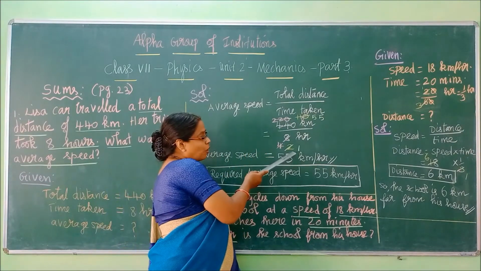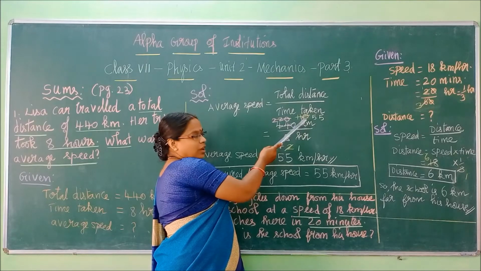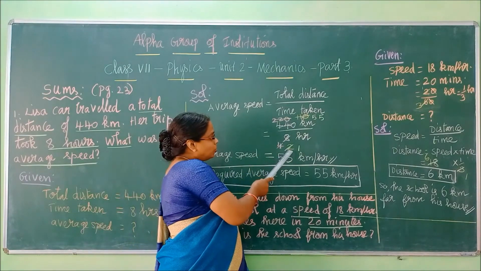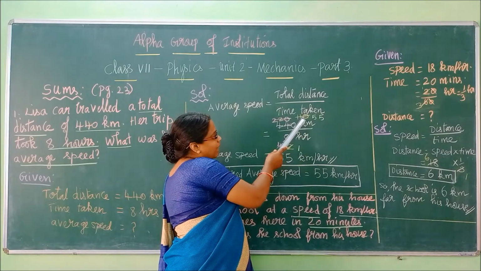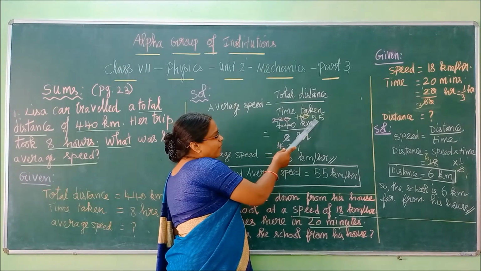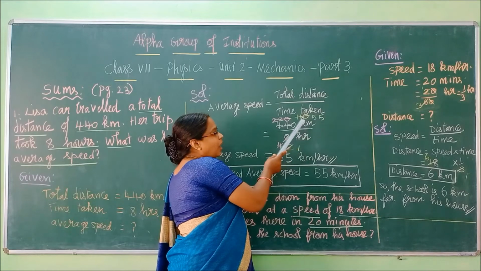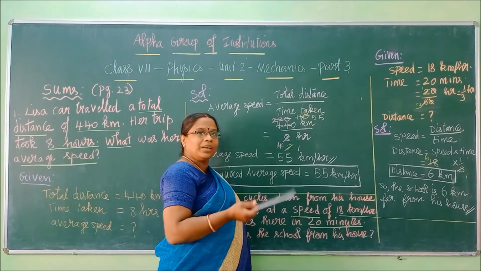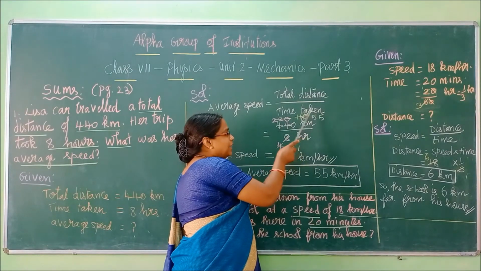Right, again 2 was here, 110 was here. So again I am striking it with 2. So 2 1s are 2, 11 is here, no. So 2 5s are 10, there's a number. Out of 11, 10 is over. Remainder 1 you will keep here near 0. So that will become 10. So 2 5s are 10 again.